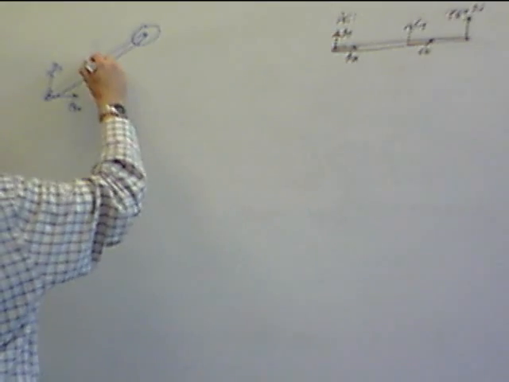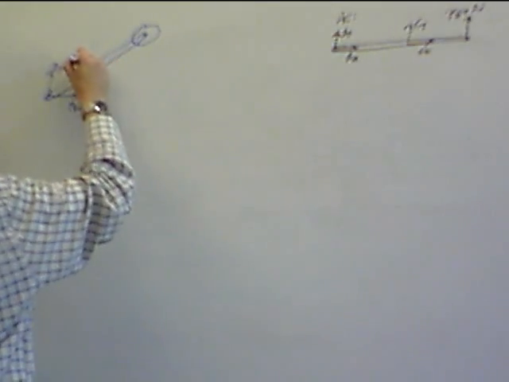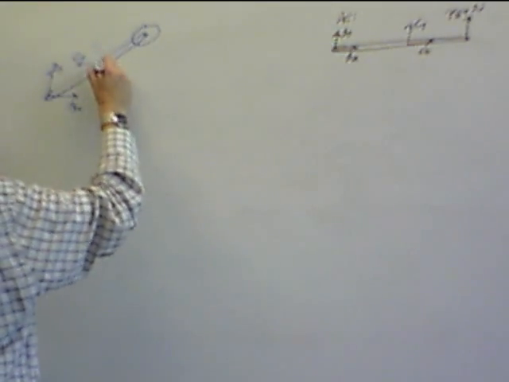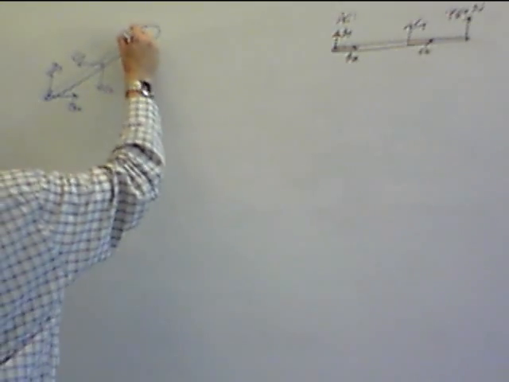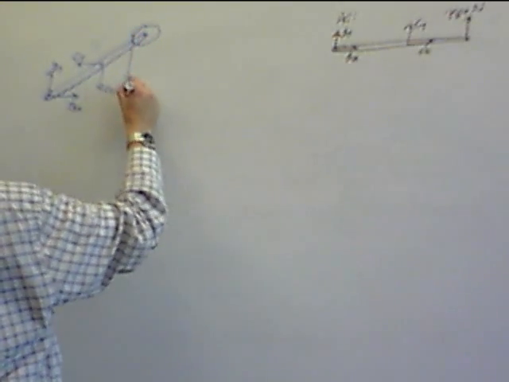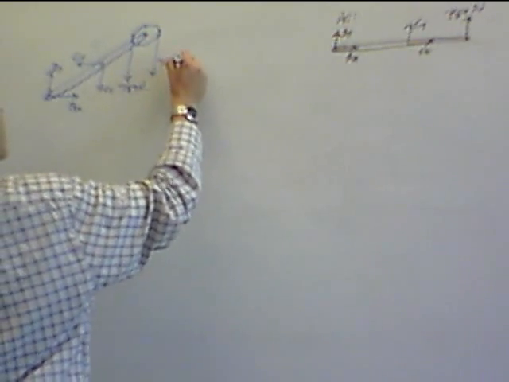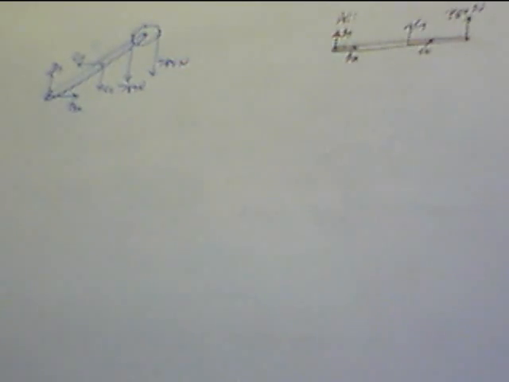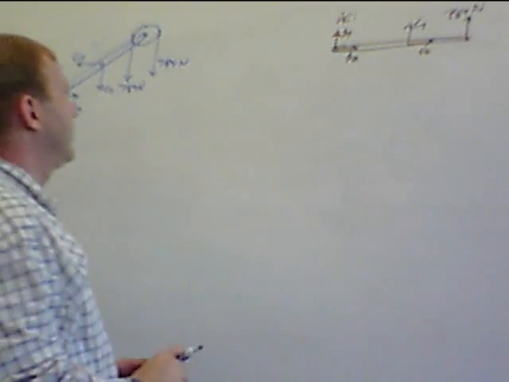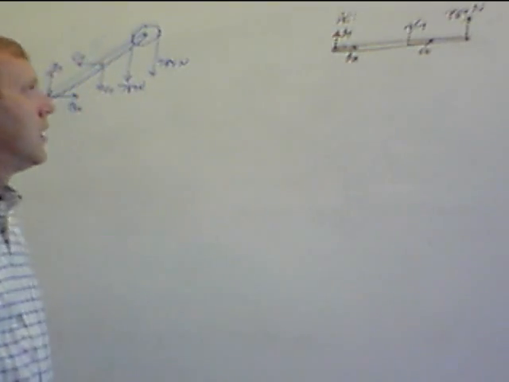Made a mistake. I warned you not to. Cx, Cy, 784 newtons and 784 newtons. All right. So in all of these, we have summation of forces in the x and the y